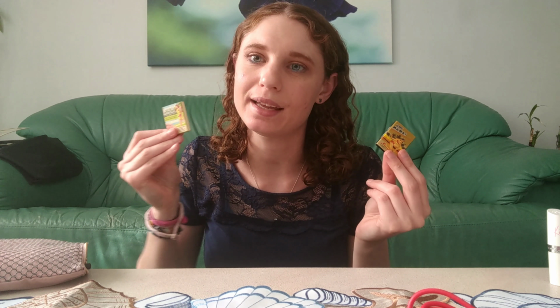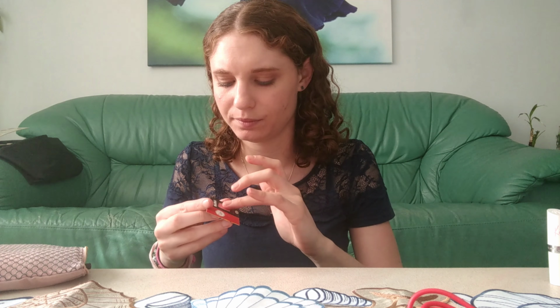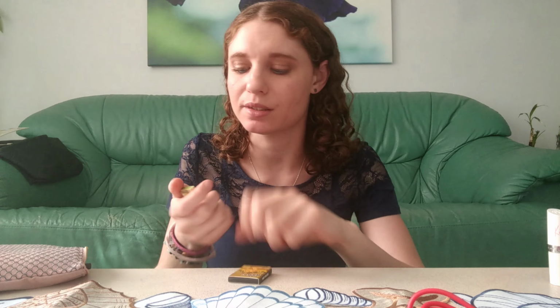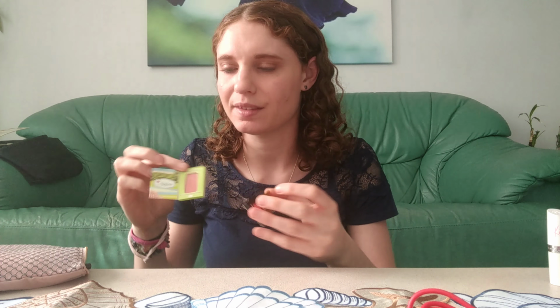And then I'm choosing, these are both sample sizes by the way, Hot Mama as well. And here's Hot Mama. I decided these two are the two that I choose, and I actually could use both of them as eyeshadows as well. They're eyeshadows or blushes. This one has a bigger pan for blush though, since they made it double the size. Meanwhile, Hot Mama is like this tiny square, so I figure I'll use this for eyeshadow and